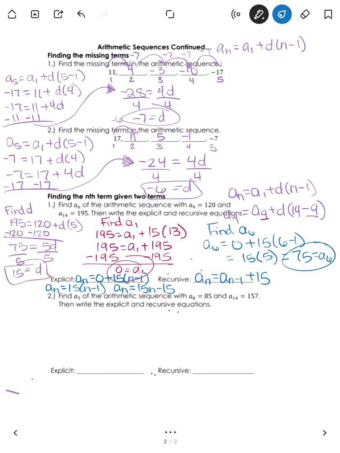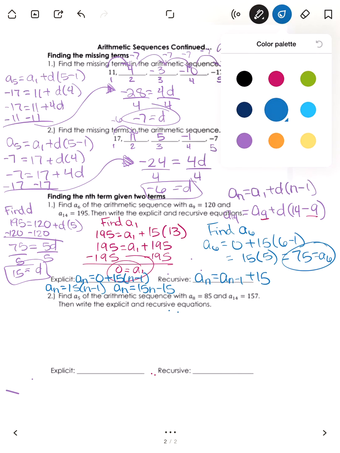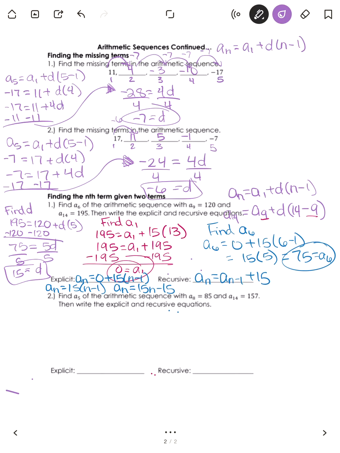It is a bit of work. Number 2, I suggest that you try it on your own and then check to see if you did the same thing that I did. I'm following the exact same order of solving. Again, I'm going to use this formula. This is our favorite formula of the day. But instead, I am going to change this to A sub 14, this to A sub 8, which makes this 14 minus 8. So A sub 14 is 157